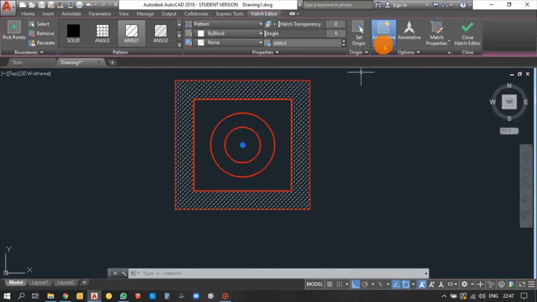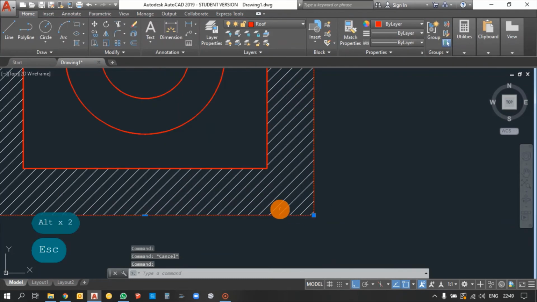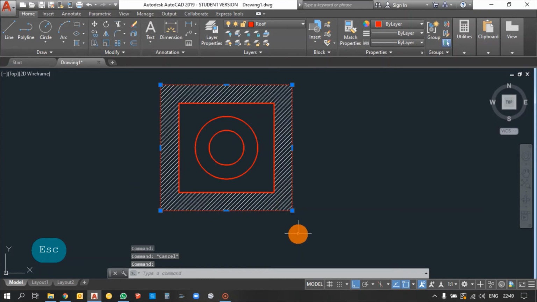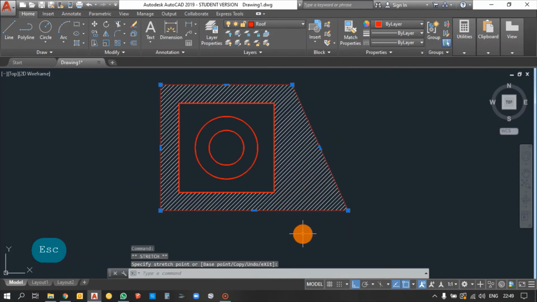Next thing is associative. So what is the use of this associative? When you change any outer dimension of this hatched object, the hatch automatically expands and changes with it. So it automatically adjusts with its external boundary. You see, when I move the boundary of the outer object, it automatically expands its hatching region.